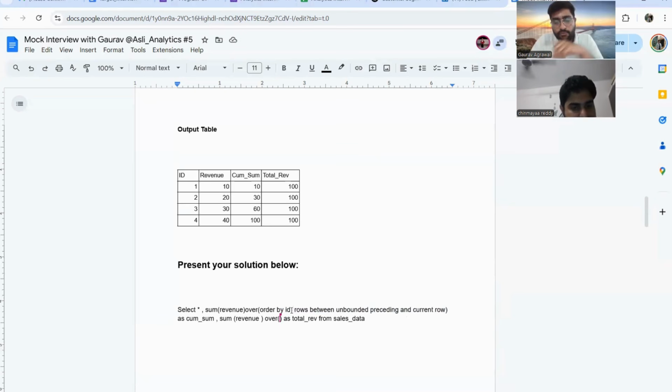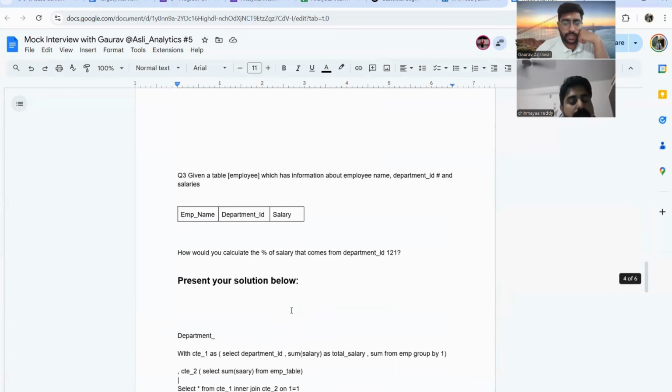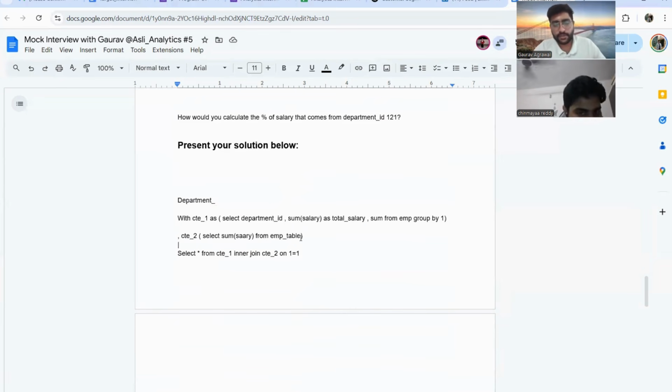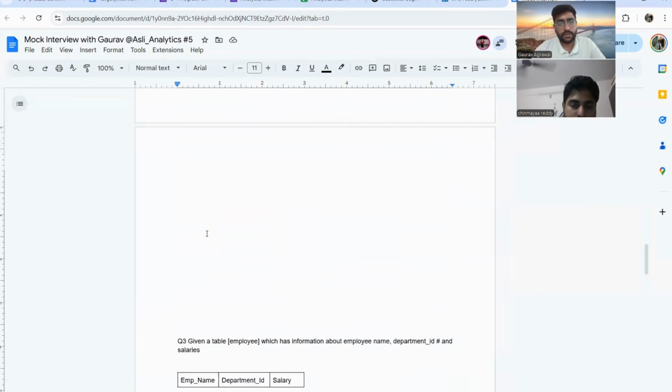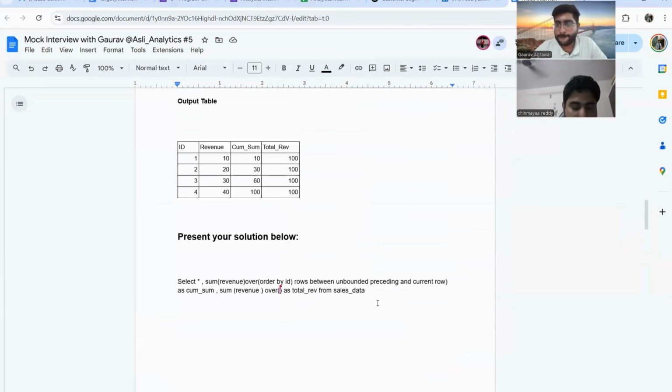For revenue, there were two ways. One way was you do this calculation that we've done here, just add this sum of total, whatever it is, or you could do SUM revenue. So, perfect.